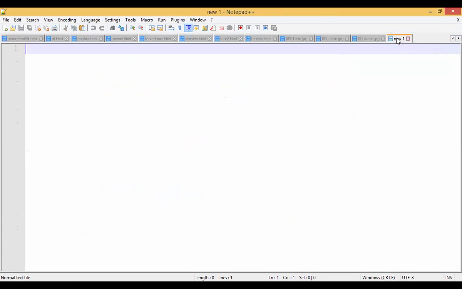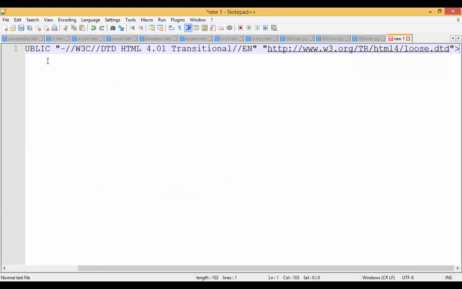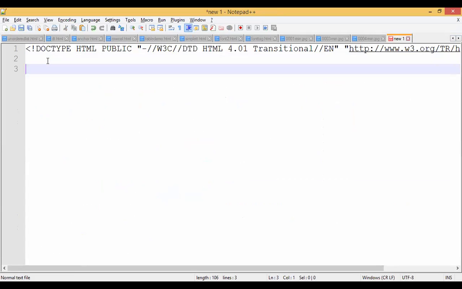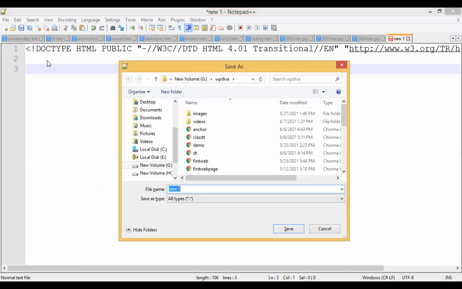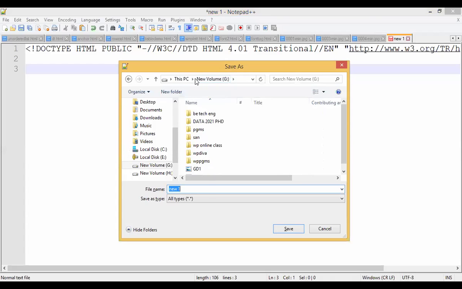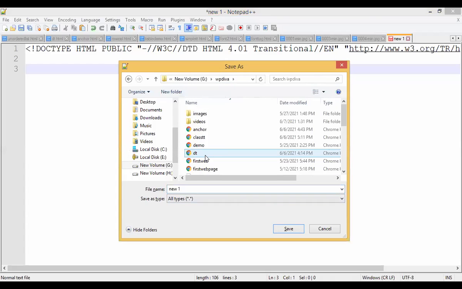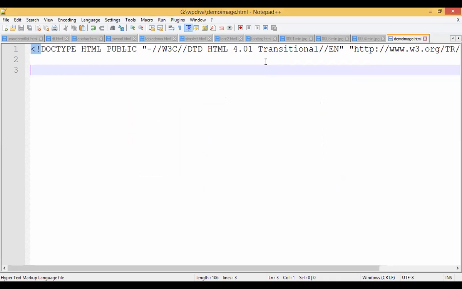All right. So I created a new file today. Once again, we will go through that. So what is the first step? I'll add a header. I'll save my file as usual. When I save the file, it will ask me the location. By default, it will take G, WP division A. I'm saving my new file here only. Let me take the name of the file, for example, demo image.html, and I'll click on save. So now my file is saved.